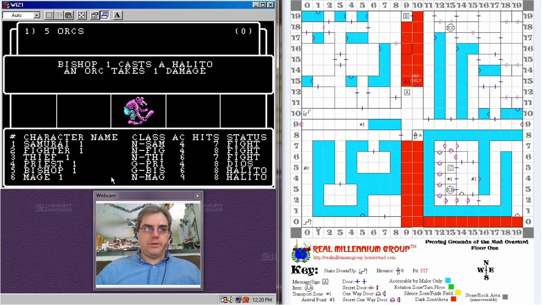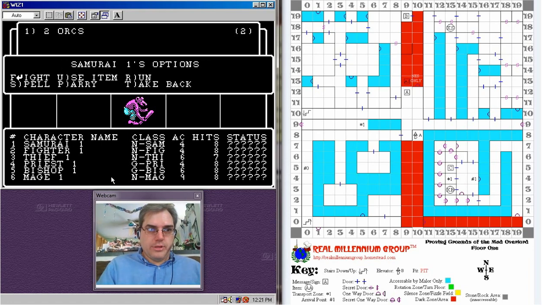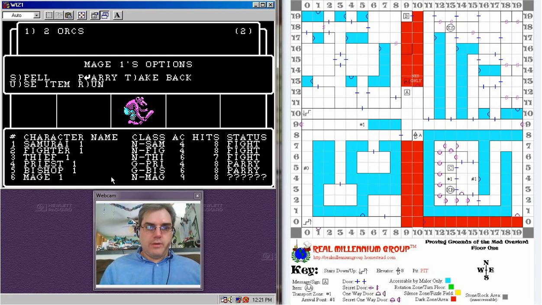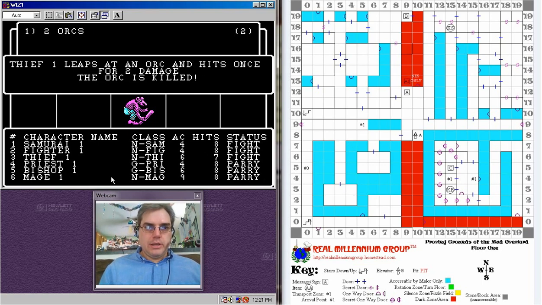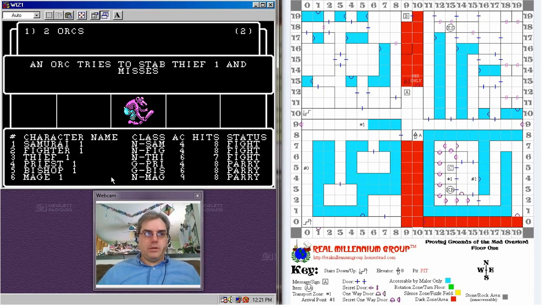Wow, 1 damage. Great, Bishop. Great. So now we are down to 2 orcs left, and now, of course, they are awake, so we will just go fight, fight, fight. Parry is default option now, so we can just have them parry, which will block potential attacks, because these guys should be gone now. We will take care of them. Aha, you missed.